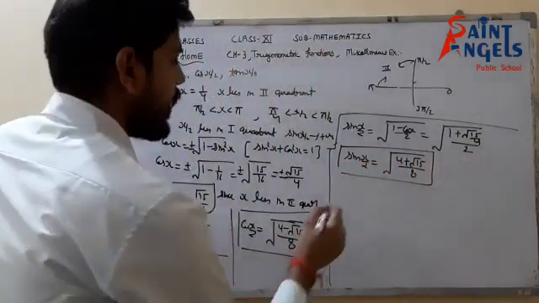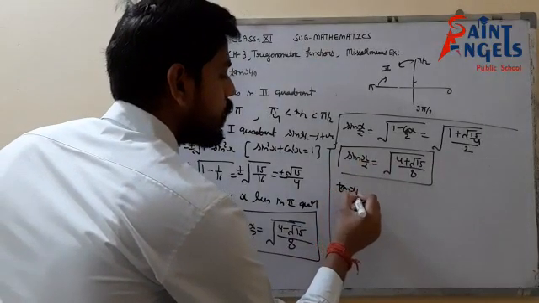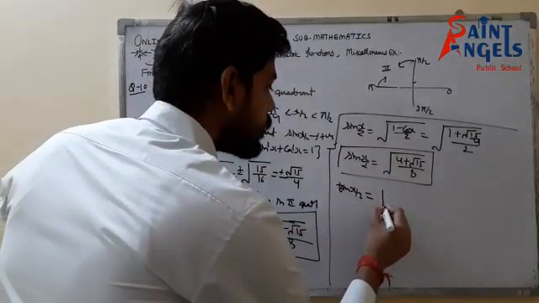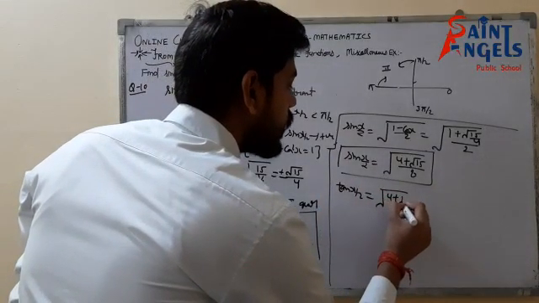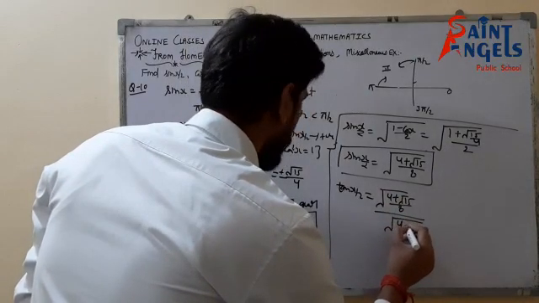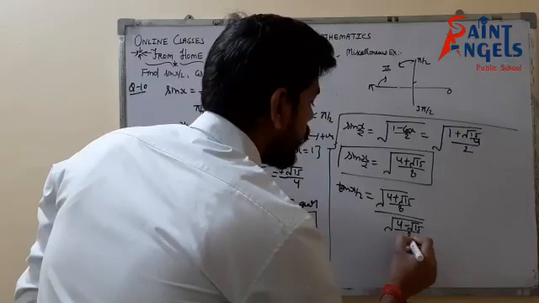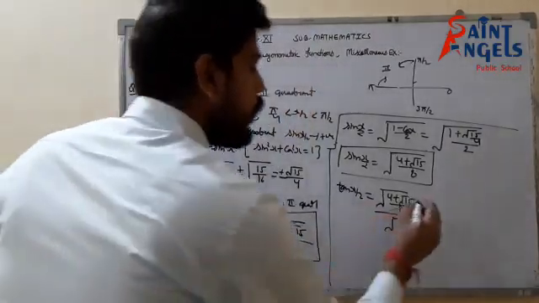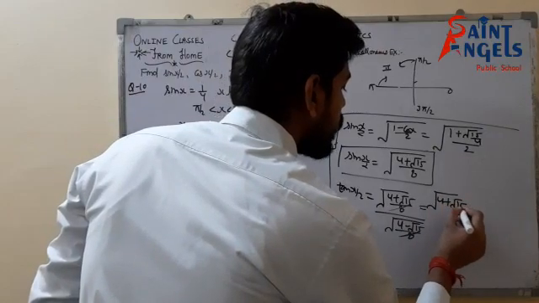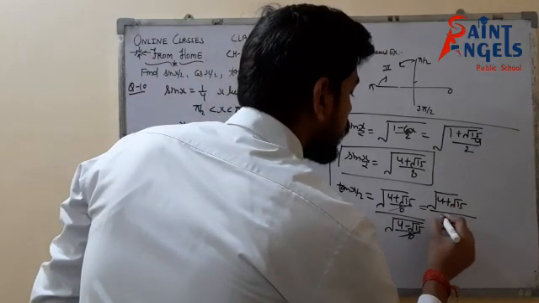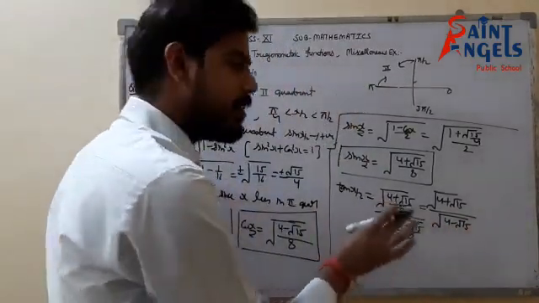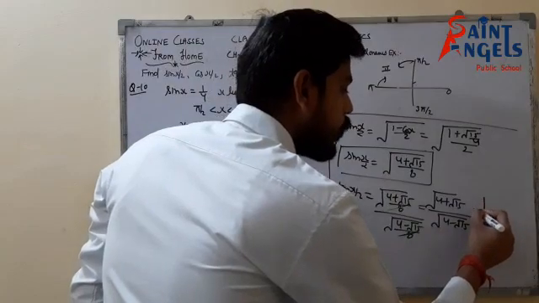Now find the value of tan x by 2. So tan x by 2 would be equal to sin x by 2 upon cos x by 2. So sin x by 2 is under root of 4 plus under root 15 upon 8, and cos x by 2 is under root of 4 minus under root 15 by 8. This 8 would cancel out, so we are left with under root of 4 plus under root 15 upon under root of 4 minus under root 15. I can rationalize it, or I can leave it here. That would also be a correct answer, but here I am rationalizing.